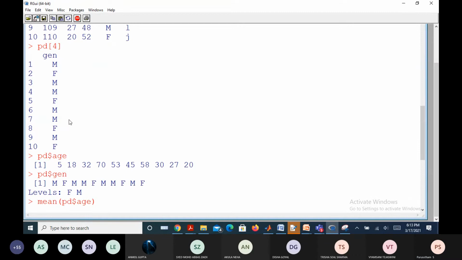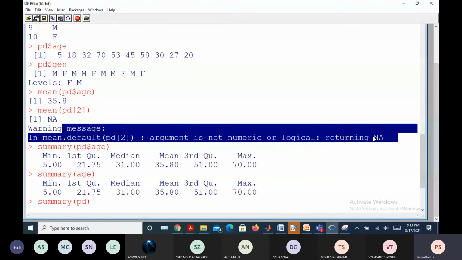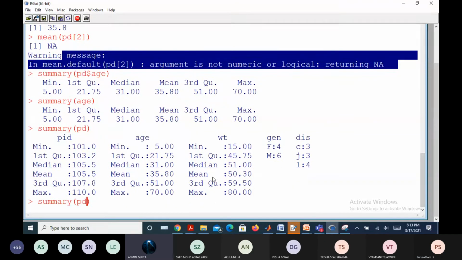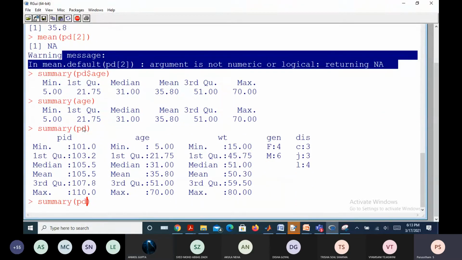You have seen this one. PD of 2 is not working, isn't it? But why is it not working? Because when we try to find the summary of PD, PD is also in the tabular form. You are trying to make a summary for the entire variable PD.